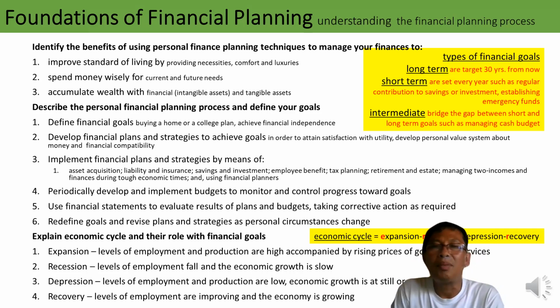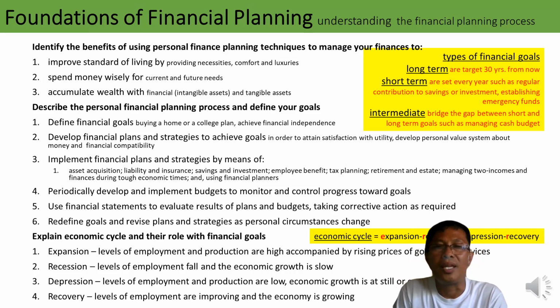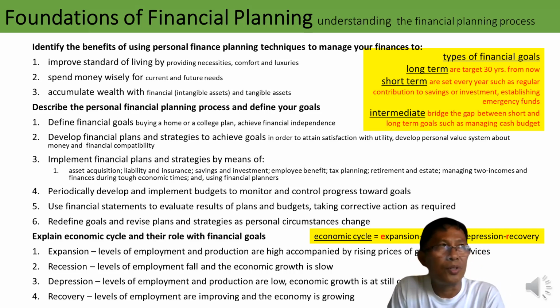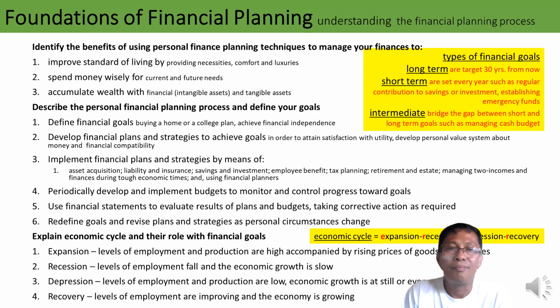The next is retirement and estate. Sabagay, medyo malayo pa sa inyo ang mag-retire, kasi batang-bata pa kayo. We'll be discussing it also later. How are you going to plan retirement and estate? Then, managing two incomes. Later on, kung sobrang sipag nyo, trabaho sa araw for your 8 hours, and then you have a sideline at the evening. Now, be sure to have an 8-hour sleep every day. So, malaki nga kinikita, pero baka mahulog lang yun sa pag-maintain ng iyong health.